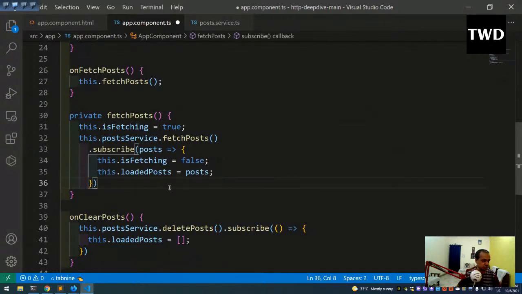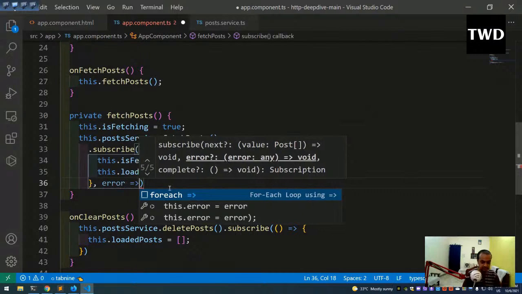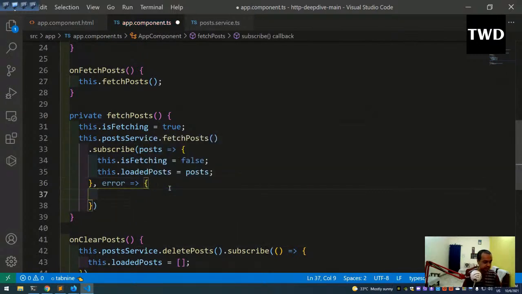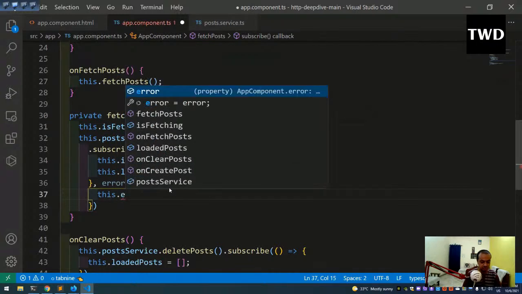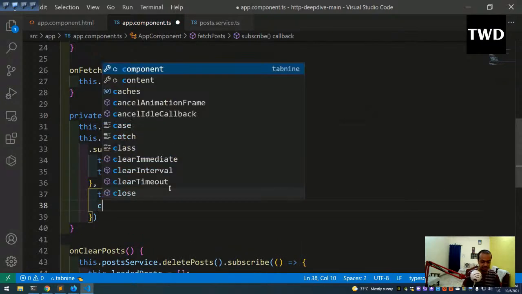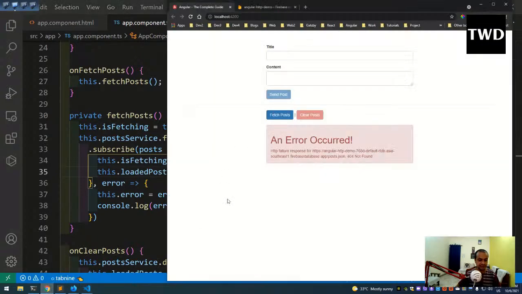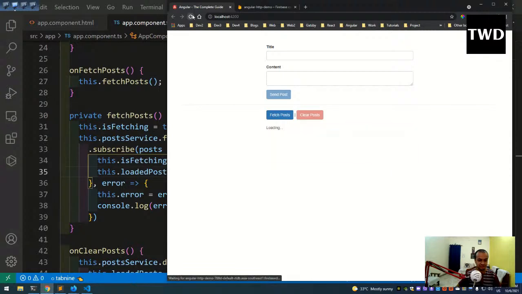after this post is all done, we can have another thing here, error, and this.error equal to error.message, and the error is done. Save it, and the error has occurred is coming, and even the loading is showing. But